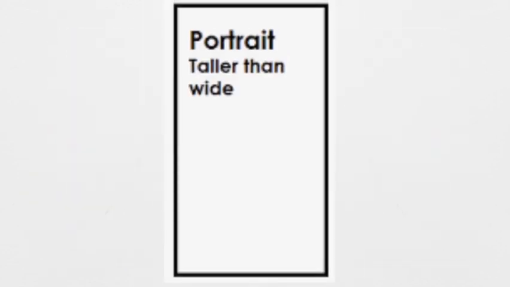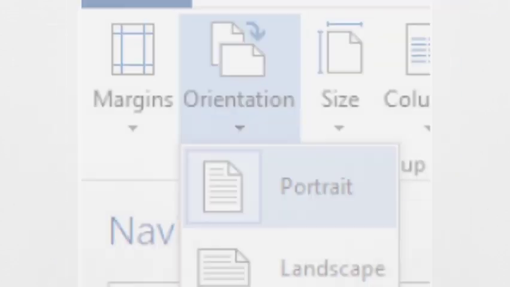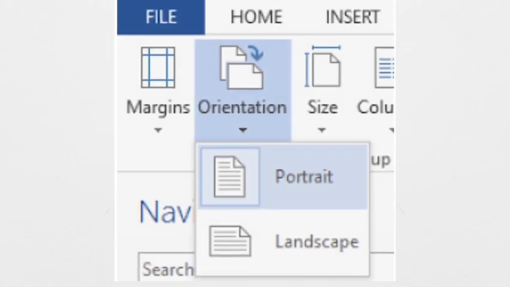You can see on the screen also what is portrait and what is landscape. So portrait or landscape, you can change it anytime. So how will you change this now? Again, you just have to go to the page layout tab. There you will find again page setup group. In the page setup group, you will find orientation. Click on the orientation option. You will see a drop down will open. There you can select any of them, portrait or landscape, that you want to change. Select your desired orientation and you can see your orientation is changed.